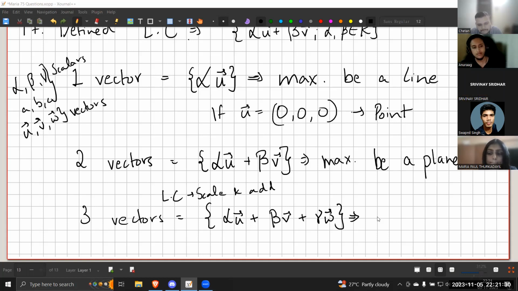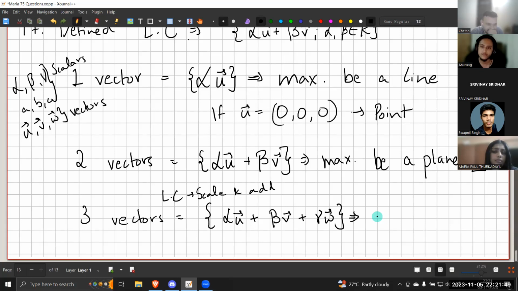Yeah, so you're saying that it'll be more than this plane, right? It's like a plane stacked over planes, right? It can go as an entire